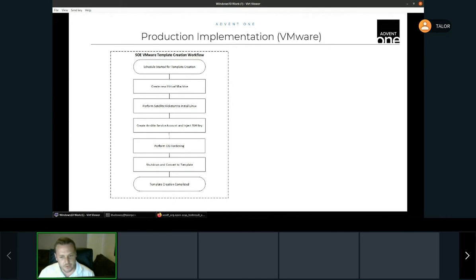We create an Ansible service account, which is going to be used for configuration management later, and inject the key. We apply the system hardening exactly as we've described in this presentation. Then we shut it down and convert it to a template. It's really handy to be able to do that, to make sure that every time a new system is deployed, it's from a system that's already patched, already hardened, and it's not being built by hand and fragile,